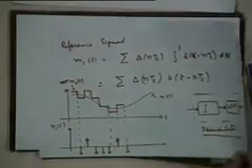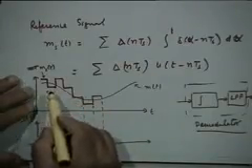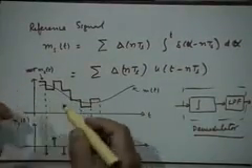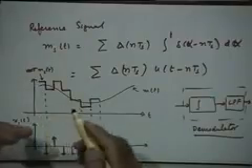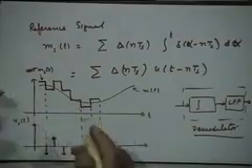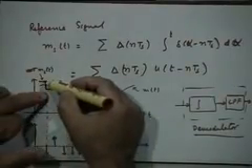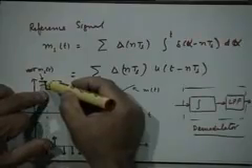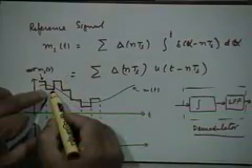Any questions so far? Right. Now let's see the difficulties with it. There is, of course, a difficulty of approximation. That is, you are losing information, right? But this loss of information may be insignificant if, for example, your step size is very small and your sampling interval is also very small.